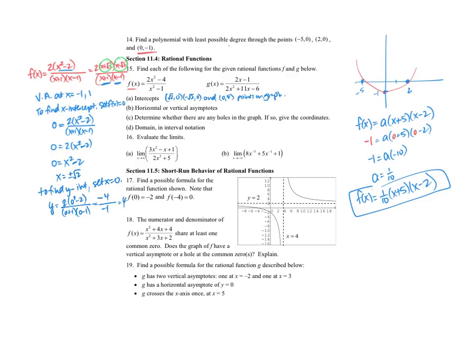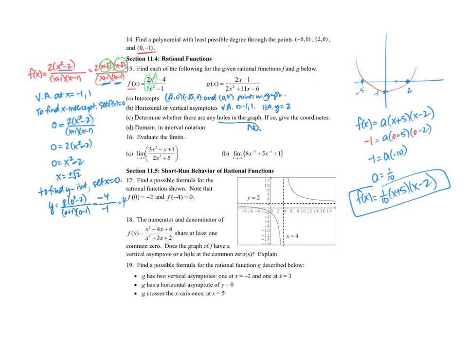Okay, and then horizontal and vertical asymptotes. So vertical asymptotes at x equals negative 1 and 1, and then the horizontal asymptote. For the horizontal asymptote, we're going to look at the degrees at the top and bottom. They're both squared, and so I look at the coefficients of that. So it's 2 over 1. So the horizontal asymptote is at y equals 2 over 1, which is just 2. Okay. And then determine whether there are any holes in the graph, and the answer to that is no, because